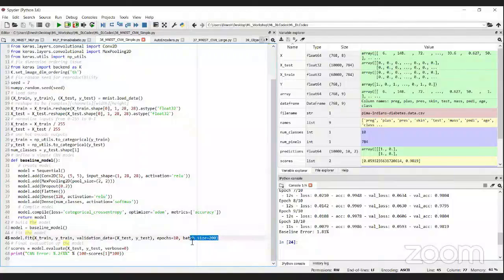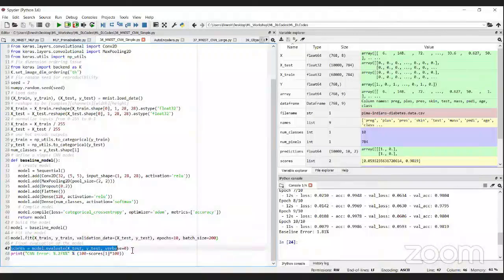So be careful when you are using a GPU. Right now I'm running on a CPU, so it doesn't matter. But especially when you are using a GPU, ensure your batch size is appropriately decided. If your GPU memory is less and you give a large batch size, the entire data won't fit into the GPU memory. Then you will get a CUDA out of memory error. So depending on the size of the GPU memory, you can decide the batch size.